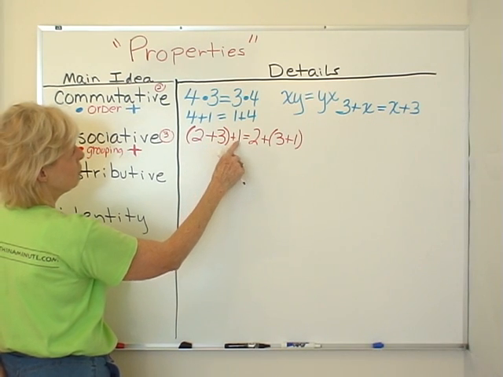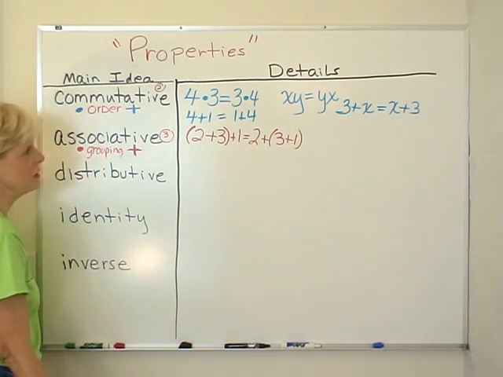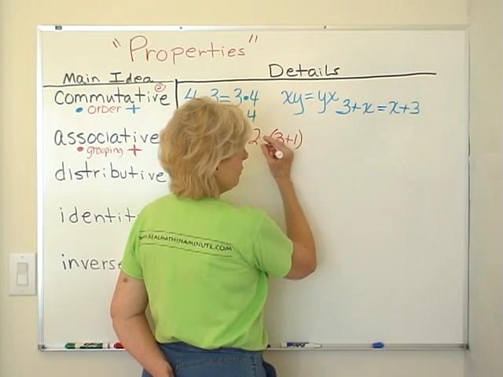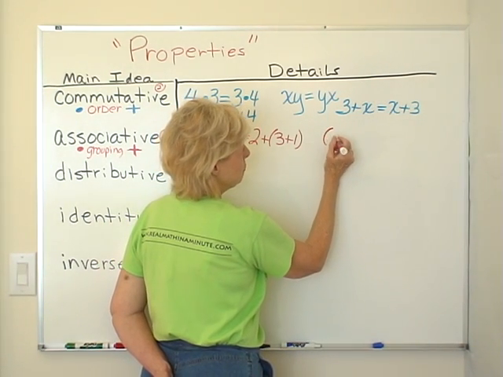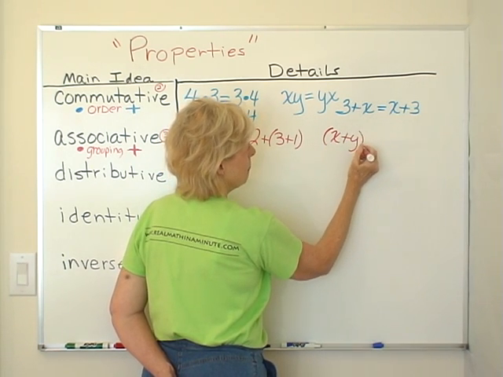3 and 2 is 5 and 1 is 6. 3 and 1 is 4 and 2 is 6. I'm going to get the same thing. If I see that kind of thing in algebra sometime, it might be that I see x plus y together